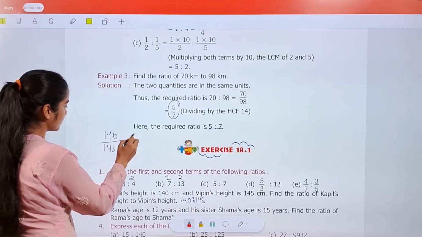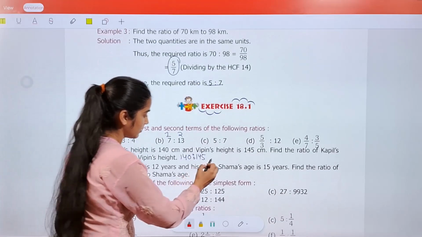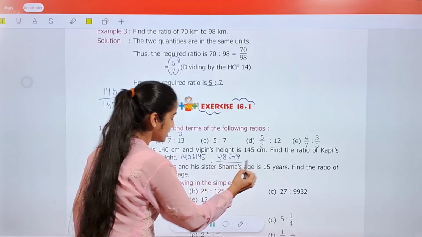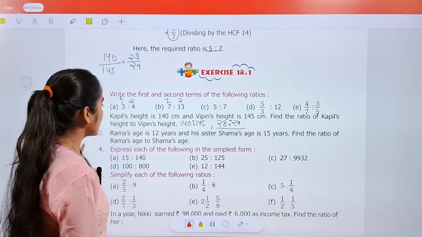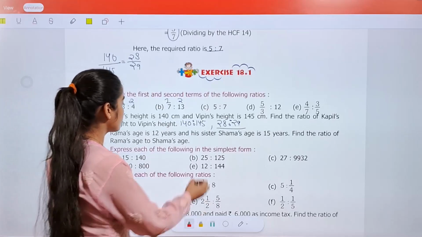So 28:29 is the simpler form. Rama's age is 12 years and his sister Shama's age is 15 years. Find the ratio of Rama's age to Shama's age. So